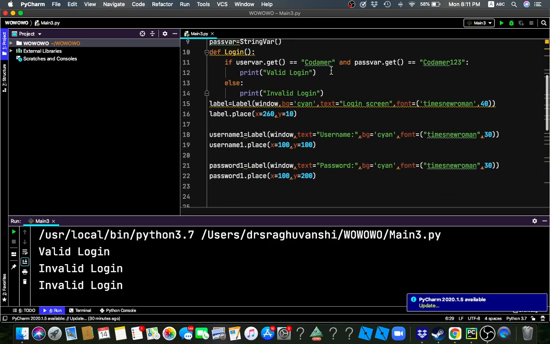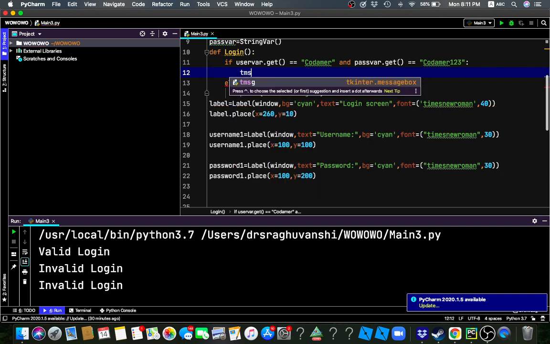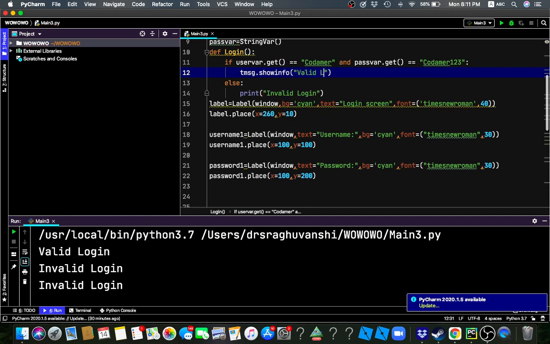So it will show a screen, dot showinfo, which is valid login. Wait, this is the title, so we'll make it login screen,